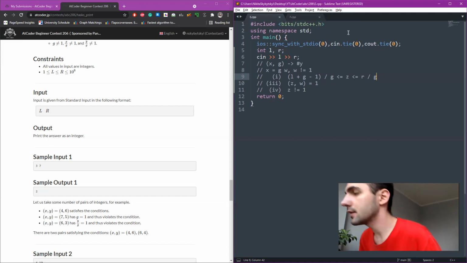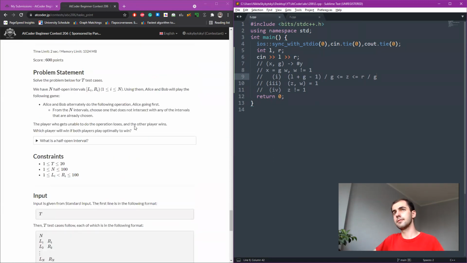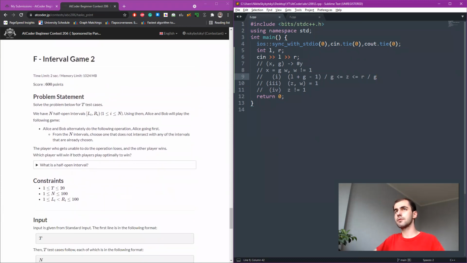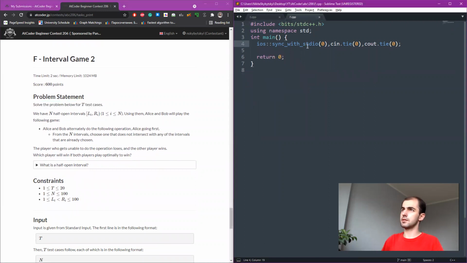Well, that does not sound fast enough. That does not sound fast enough. By the way, what is F? Interval game. Want to solve the problem for t test cases. Sometimes